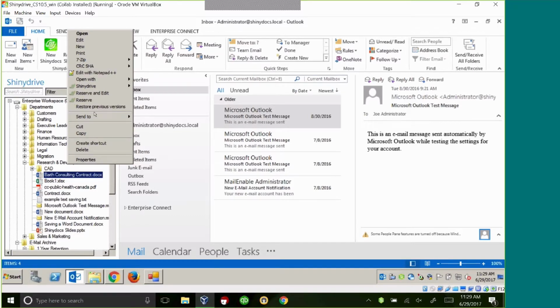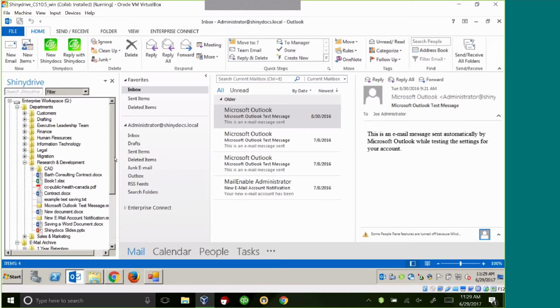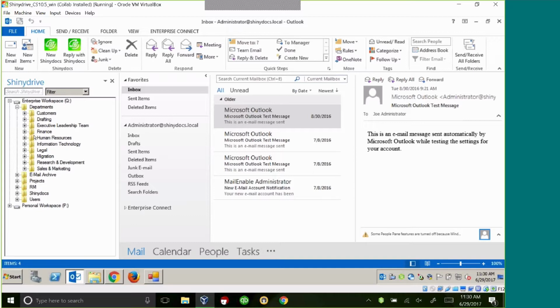So what we find is that people who work all day in Outlook, this is a really nice tool for them because it provides the normal desktop experience. It's something that they don't really have to learn. Plus they get, of course, the ability to do their records retention and the ability to store their email and that type of thing within Opentext Content Server.